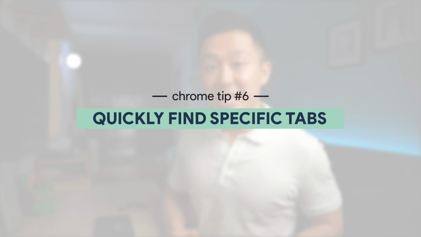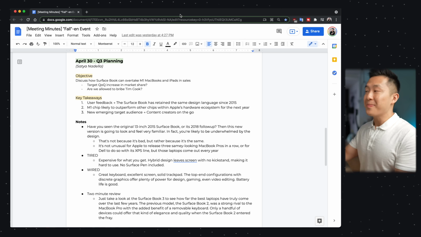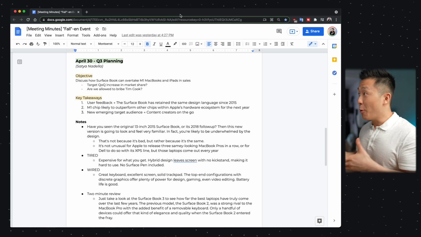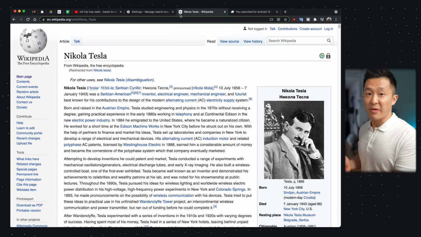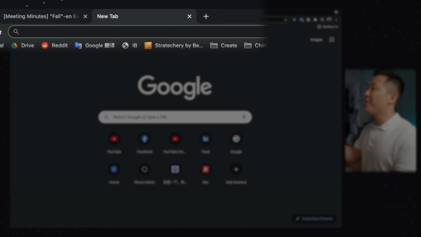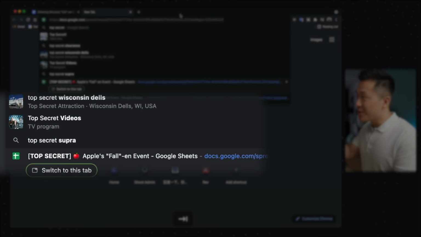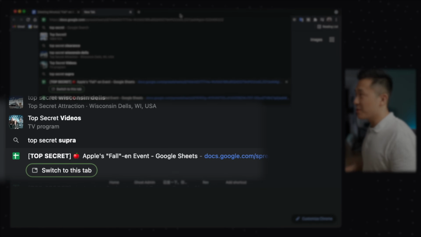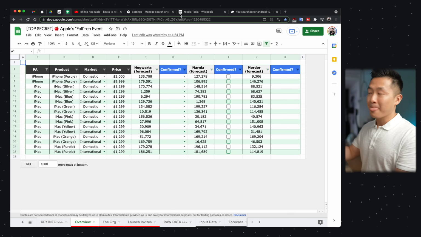Google Chrome productivity tip number 6 is to search for specific tabs extremely quickly. So let's say I'm currently on my focus work window and I need to refer to a tab I know I've opened somewhere. Instead of having to manually search for it and risk losing my train of thought, I can open up a new tab, start typing in the name of that tab, "top secret", and if I see it, I press the tab button until I highlight the "switch to this tab" option and press enter, jumping to that tab immediately.